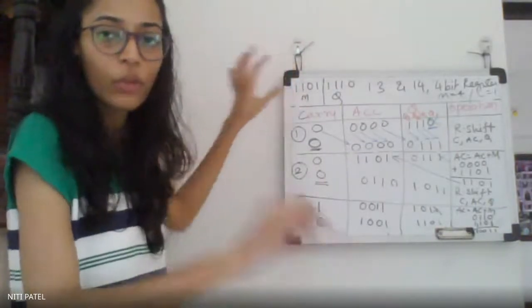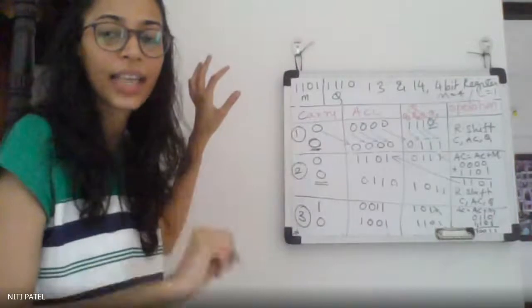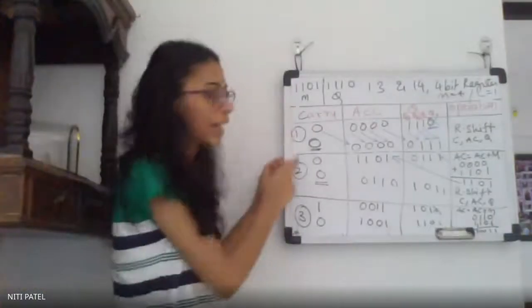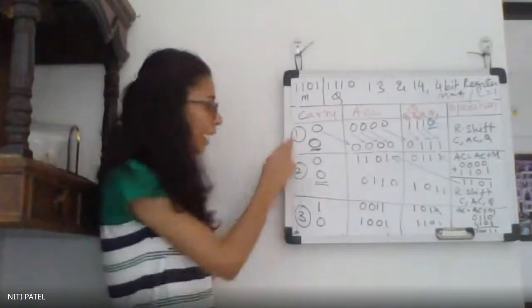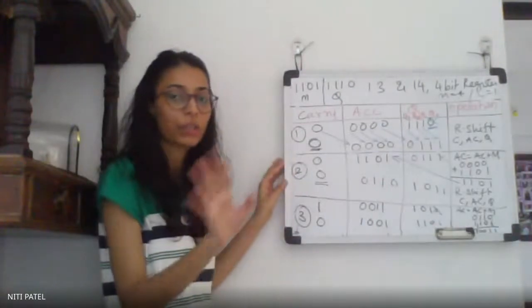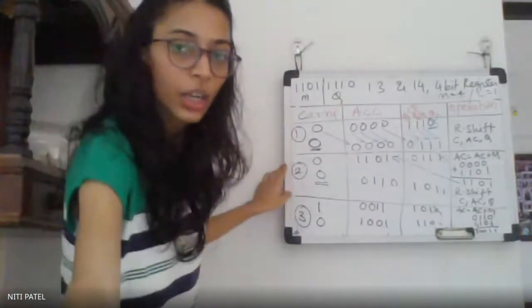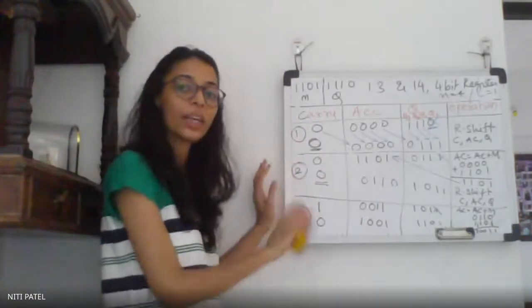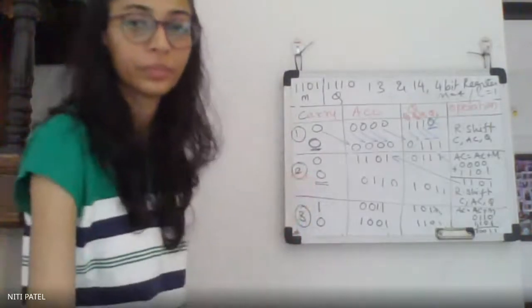You have written, no, it is M, Q, C, AC and carry initially. So no need to write it over here again. And where do we have to write the cycles? You can write cycle next to carry. Writing the cycle is not important. Even if you don't write, you will get marks. But I am writing it just so that you understand. Once you are habituated, if you do not write, it is okay.